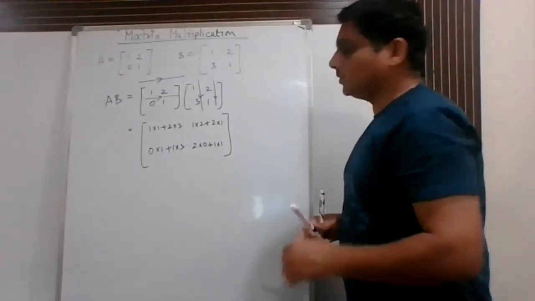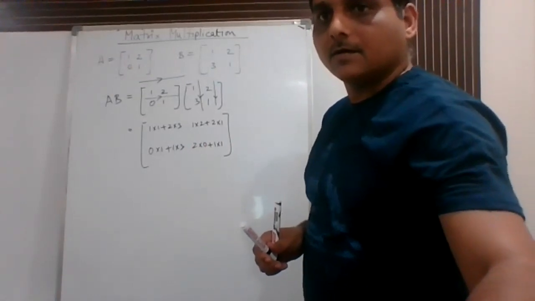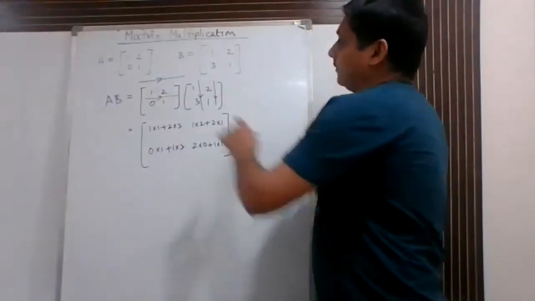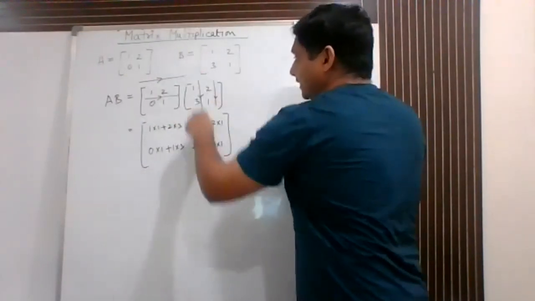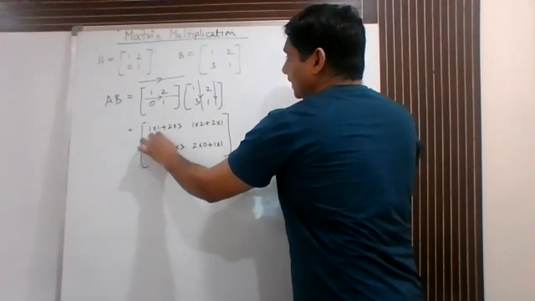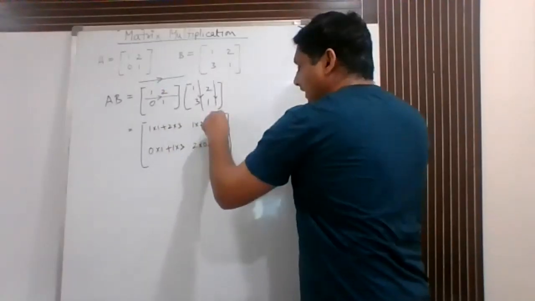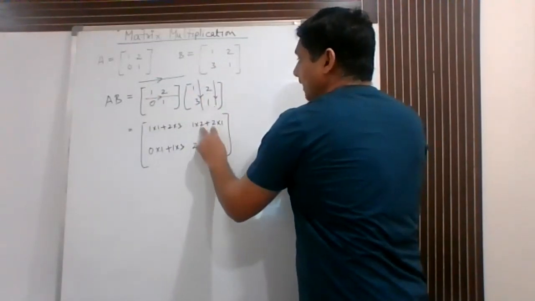Right? So how are we doing it? Let me explain this once again. Here we had written these two matrices. A is given and B is given to us. Now how to multiply these two matrices? We have written A, we have written B. Now for the first one you will move horizontally and for the second you will move vertically. So this is horizontal and this is vertical. So 1 into 1 over here plus 2 into 3. That is what we have written. Now keep this as it is and move to the next one. So 1 into 2 plus 2 into 1. We had written this entry.